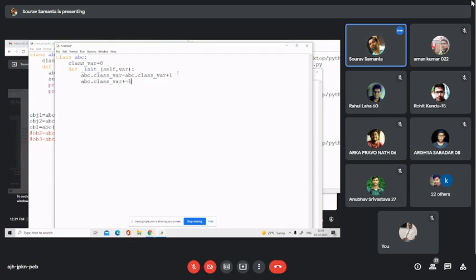That's why I'm writing the second one. It will be incremented by 1 during the instantiation.